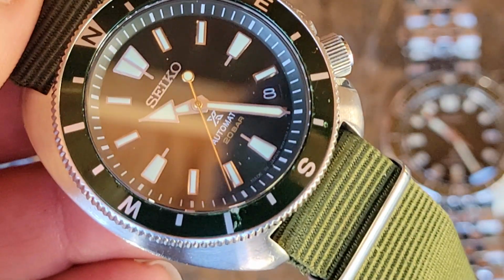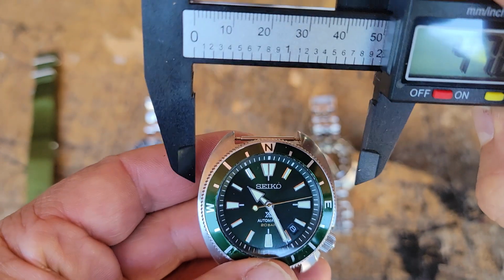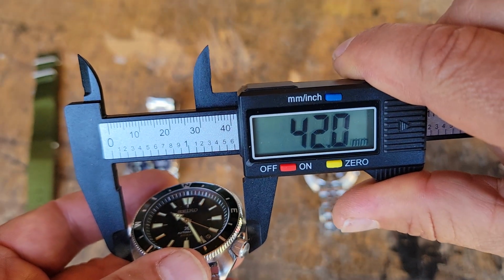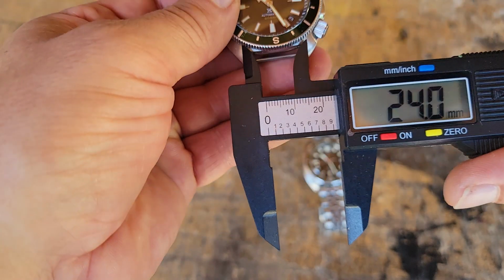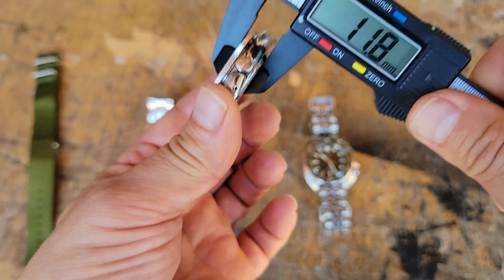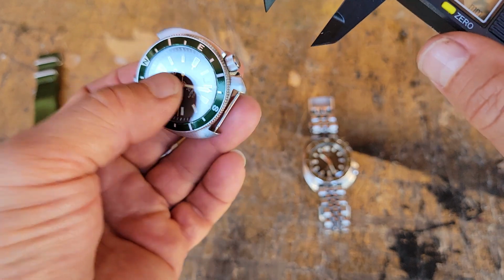Let's break the calipers out. All right, I took this off the band so it'd be easy to use with the calipers. But the case on this, 42.1. Your lug dimension, 20 millimeter. Your thickness, 11.8. Look at that. I think they're saying it's 12, but that's about right. Your lug to lug,